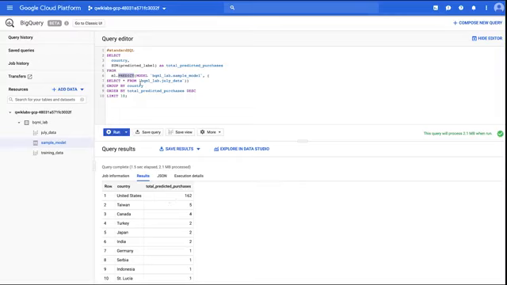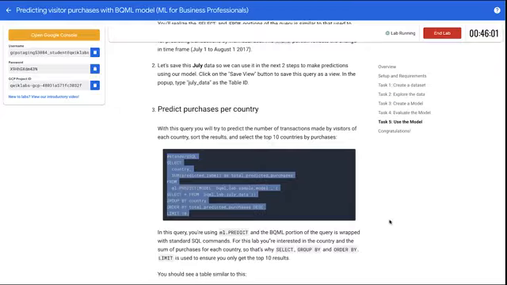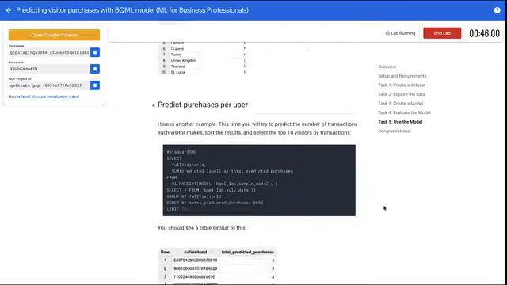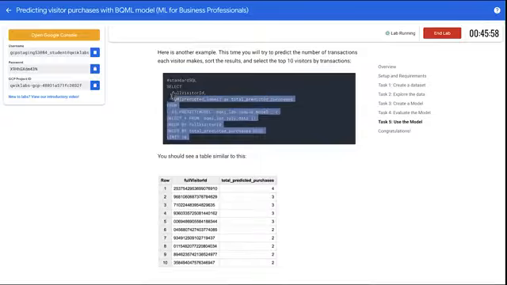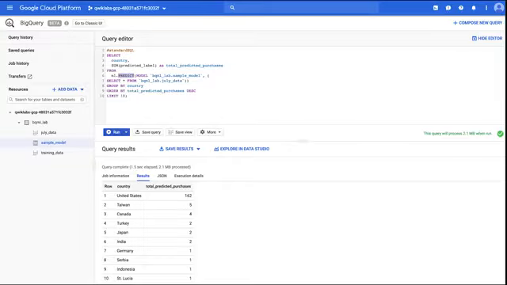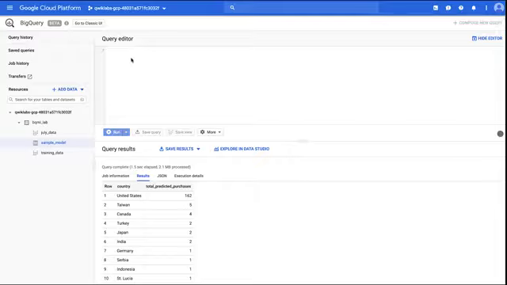Another thing we could do is use the same model to make individual predictions per user. Let's say we want to find out who will be my top 10 users, which users are most likely to make a purchase?